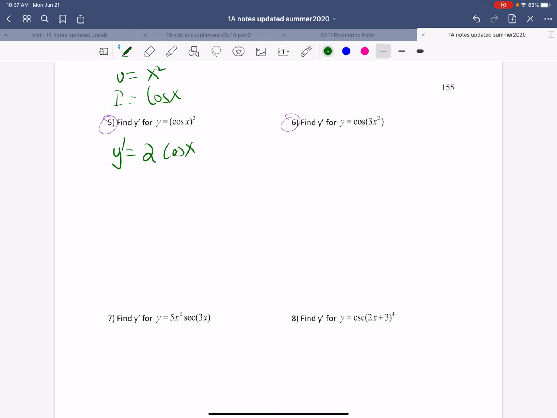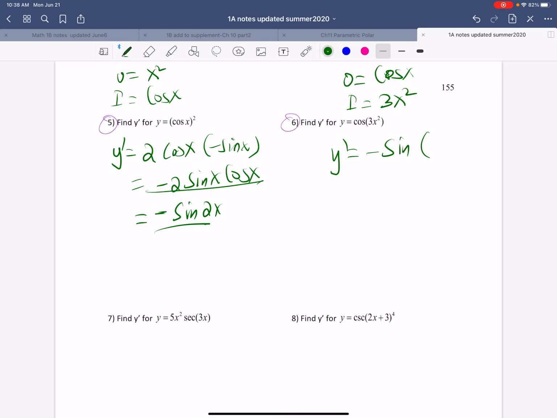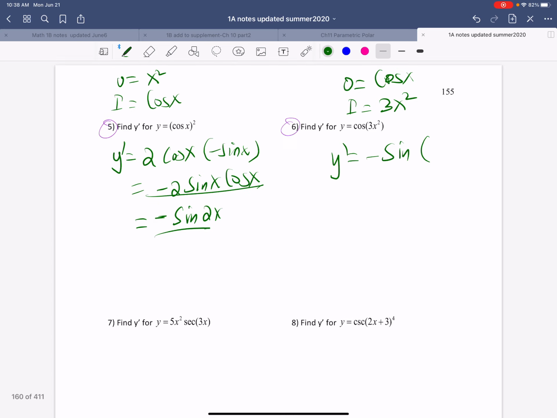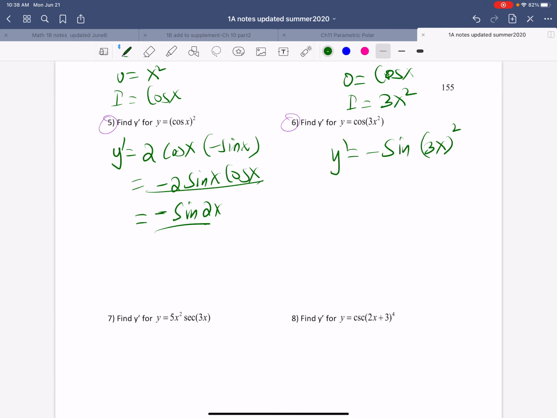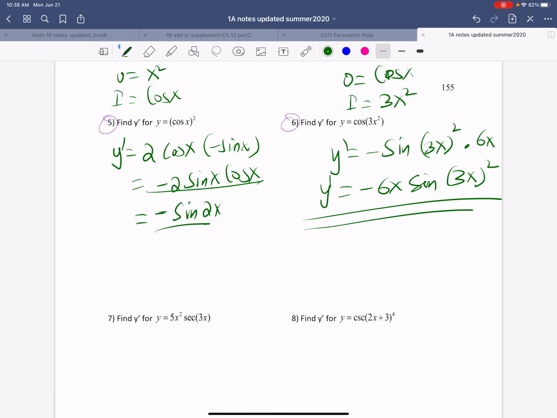Y prime, we are looking for when y is cosine of 3x squared. The outer function is cos x, inner function is 3x squared. Okay, so y prime is going to be negative sine, derivative of outside function evaluated at inside function, negative sine 3x squared times 6x. So y prime is negative 6x sine 3x squared. All right,